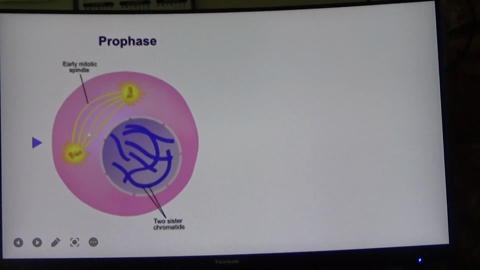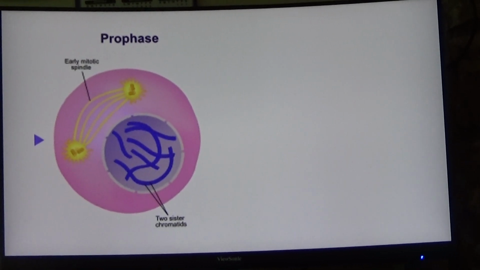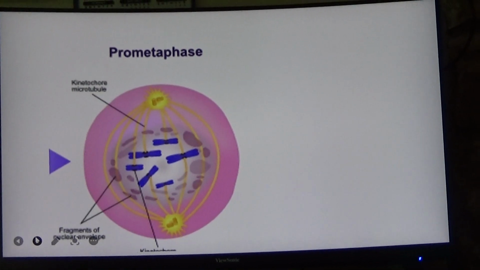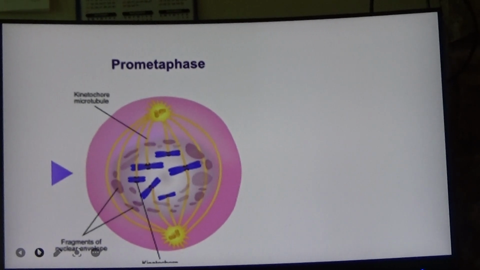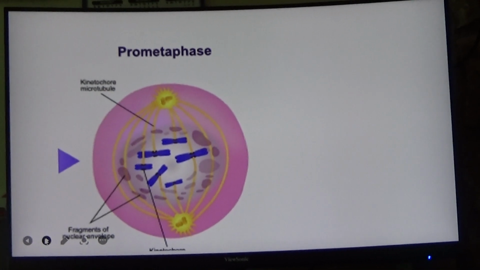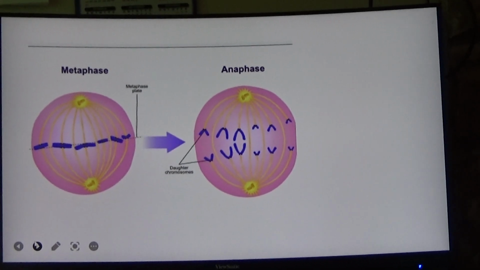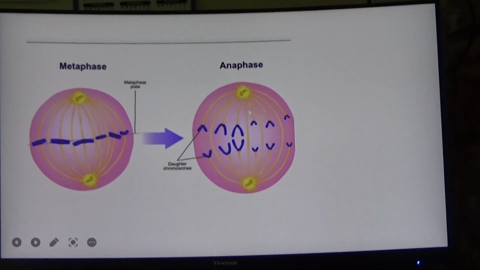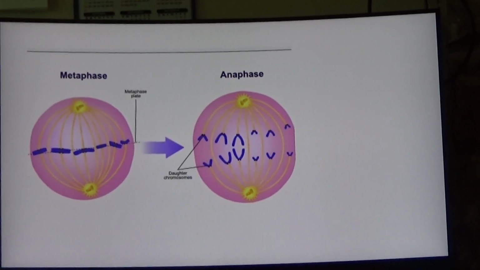The important spindles in this stage of mitosis now start to take place in this process, which is called prometaphase. As they begin to go from one side of the cell to the other side of the cell, the spindles latch onto the chromosomes, as seen here. So in the next stage of mitosis, the chromosomes are arranged in a single file straight, and then the spindles latch onto the chromatids. So in anaphase, the chromatids are pulled apart exactly like in mitosis, with the cells slowly starting to split,